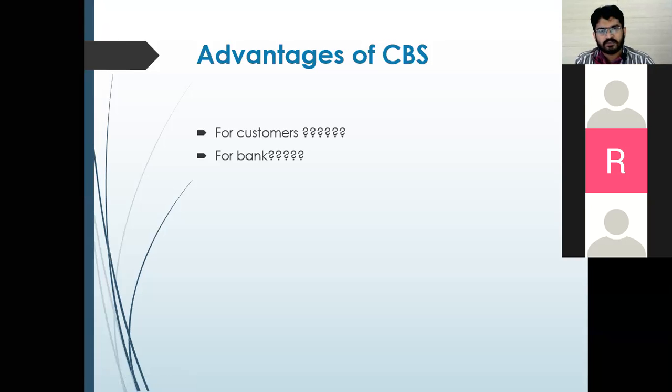Next, any other advantage? The transaction is assured. If we transact in one branch, that information is stored in the main server itself. Yes, that is one thing, but it cannot be an advantage. It happens automatically. Yes, sir. That is the reason why, that is the main crux of core banking facility. If that was not there, then there would not be any core banking facility.